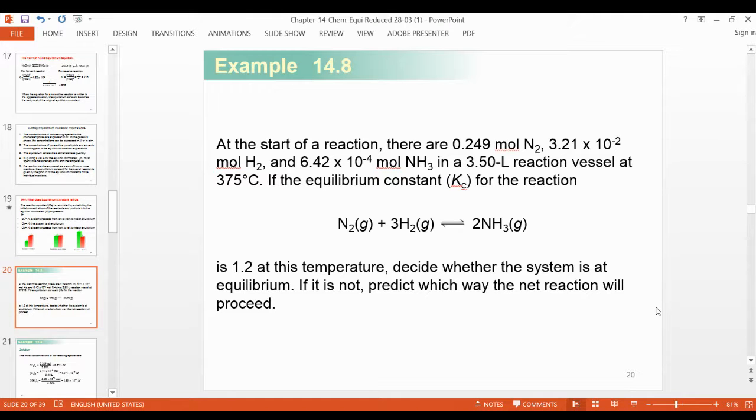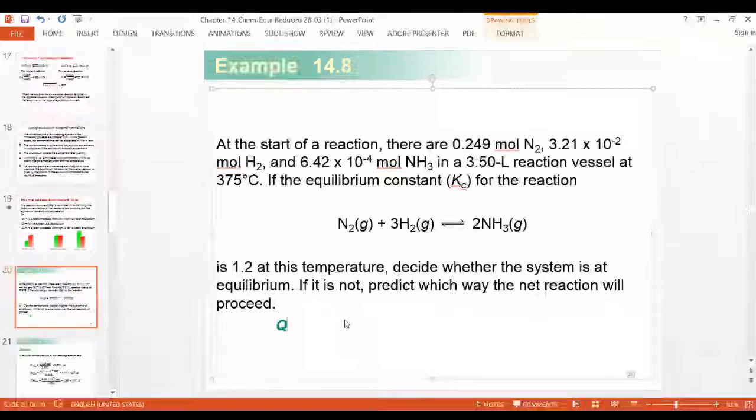So what do you do to calculate per liter first? We divide by 3.5 liter. So all the values of nitrogen, hydrogen and ammonia are divided by 3.5 liter first, and you determine the new concentration, that is per liter. Because you have to determine molarity in moles per liter. That value you put into the formula, and you have to write the same formula of Qc